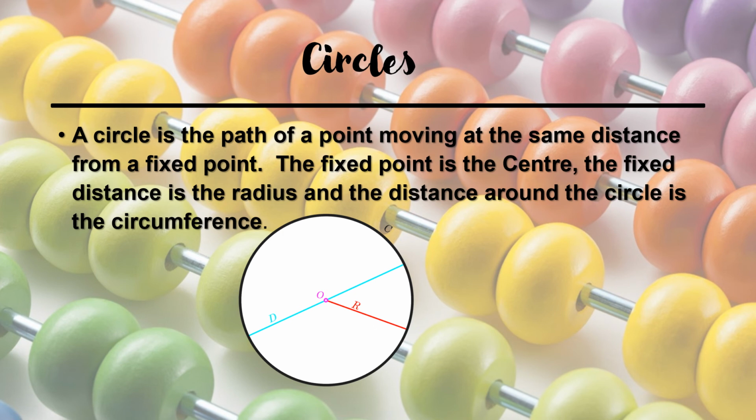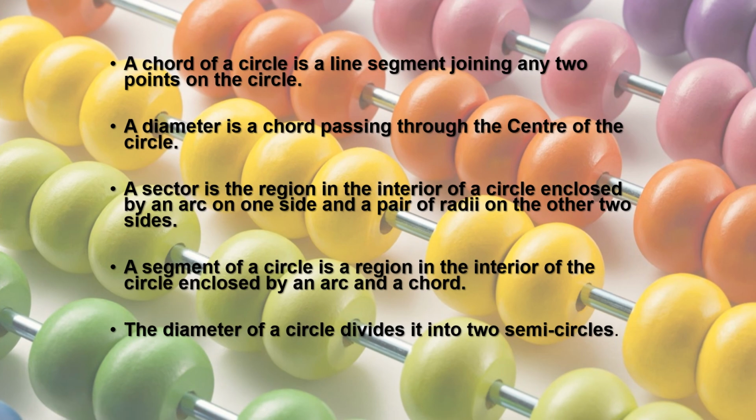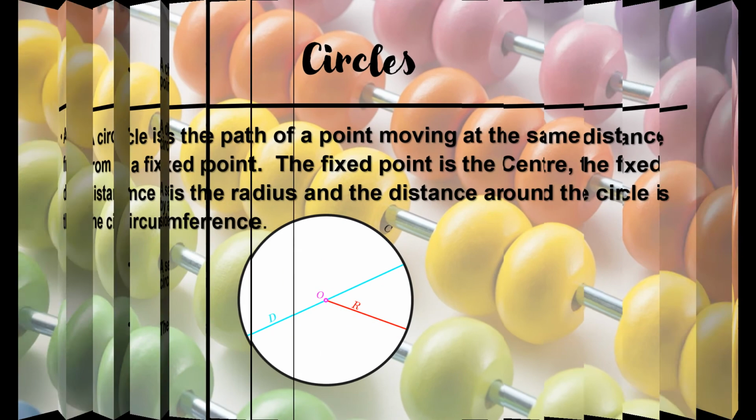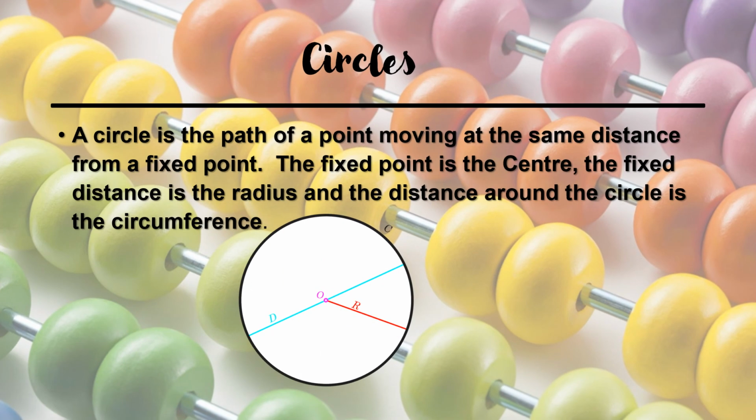Then comes our today's last topic and also the chapter's last topic, that is circles. A circle is the path of a point moving at the same distance from a fixed point. The fixed point is the center and the fixed distance is the radius. And the distance around the circle is called circumference. As you can see in this,